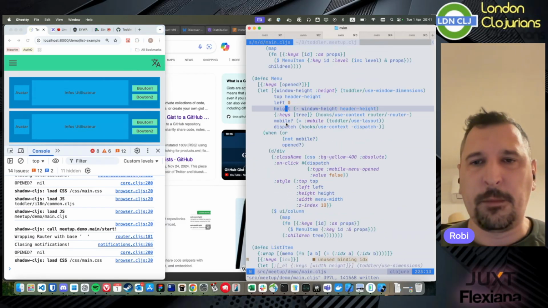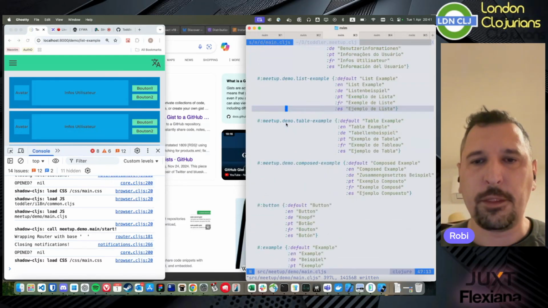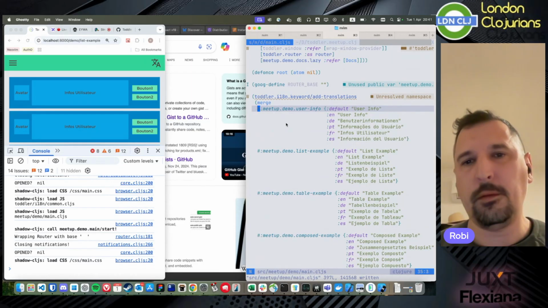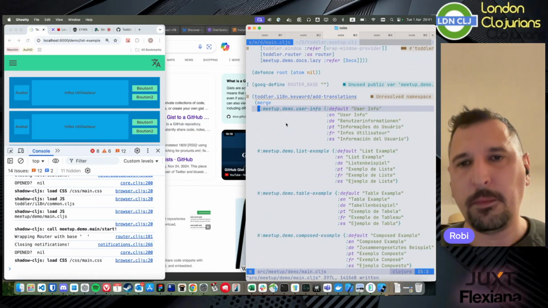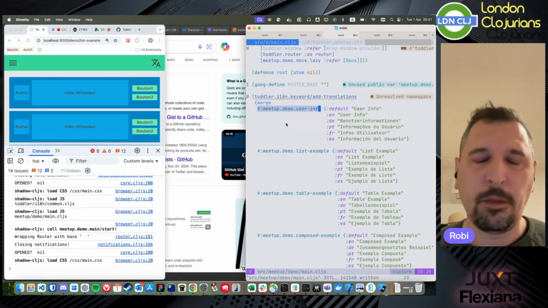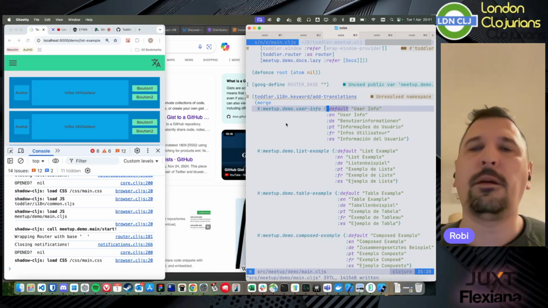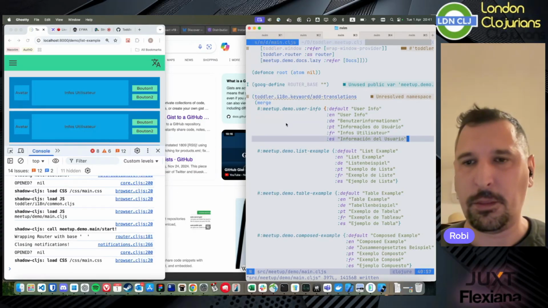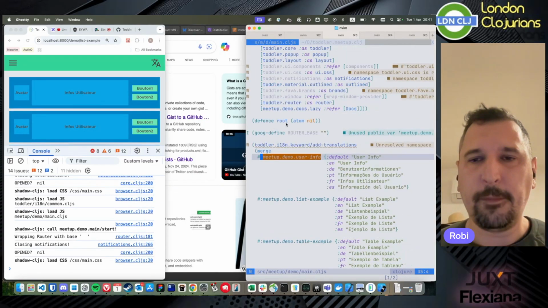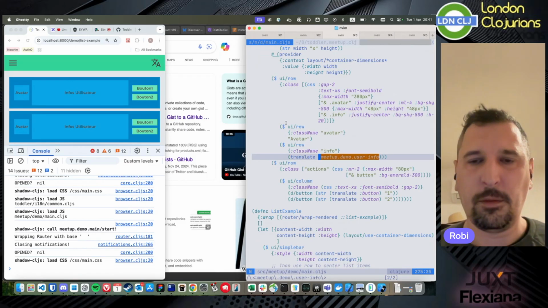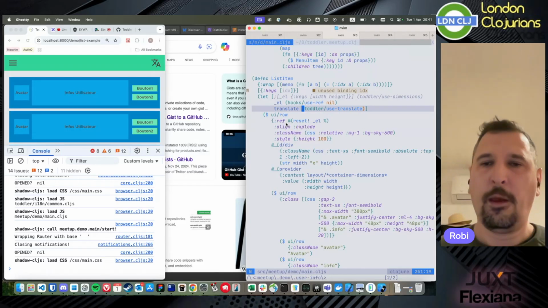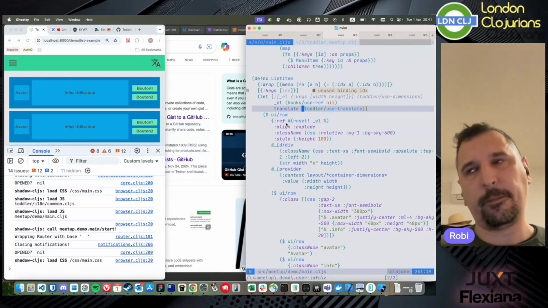Really short explanation. We are adding translations for keywords. Notice that this is actually a keyword namespace, meet demo user info, with keys that are default English, Dutch, Portuguese, French, Spanish. This key is then used to translate. So we use this key to translate, and translate is actually a hook from the Toddler namespace that will take